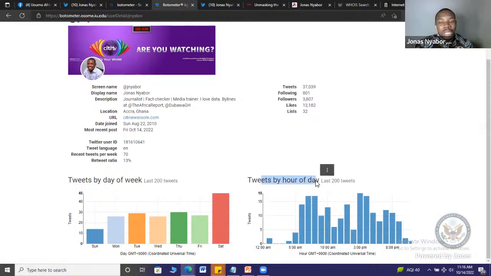And this is also very important. In an investigation I did, the accounts were tweeting 24/7. There was no sleeping time. And as you can see from my details here, typically between 12 midnight and 5 a.m., my activity is very low. So it shows that at least it's human. Bot accounts will typically not sleep. So if you are looking at a seriously bot account, you will find that all the metrics are very high throughout. Then you can also see the days of the week that I'm very active on Twitter. And this is based on my last 200 tweets, by the way.